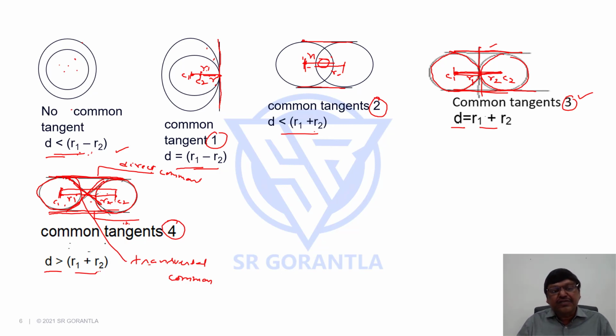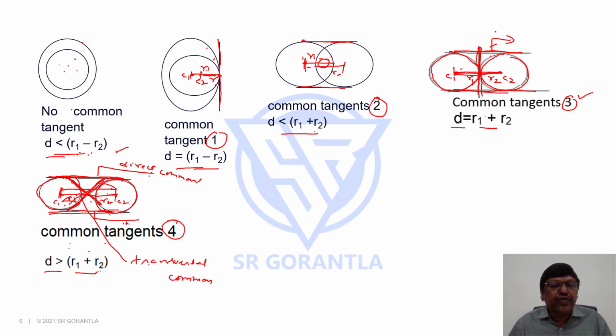But if we consider transversal common tangent, the two circles are on either side, alternate side. One circle is this side, other one is this. Or you take here, one circle is this side of the line, the other circle is the opposite side, alternate side of the line. Or you consider this, this is the transversal common tangent. You can see this is the line, the two circles lie on either side of the line. Whereas for a direct common tangent, two circles lie on the same side of the tangent.